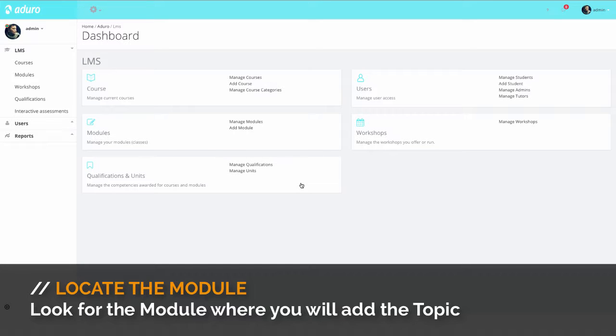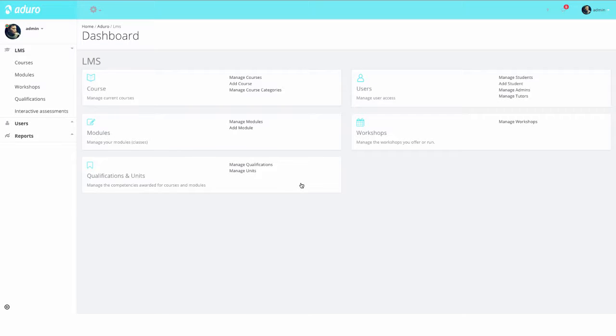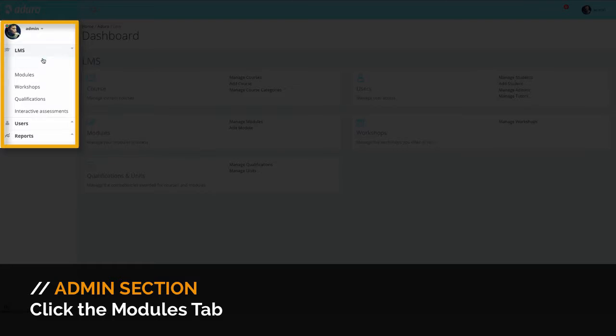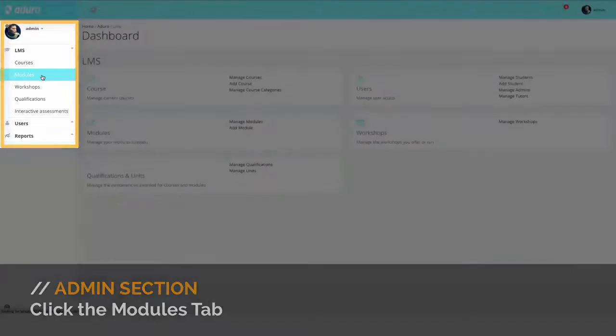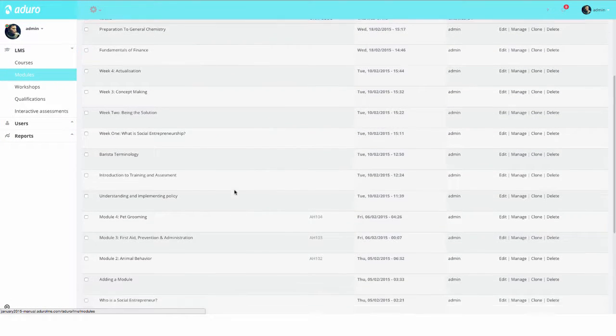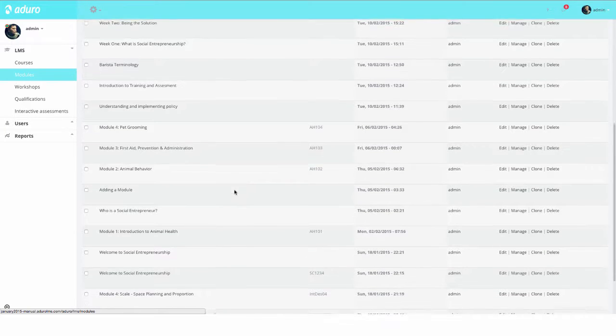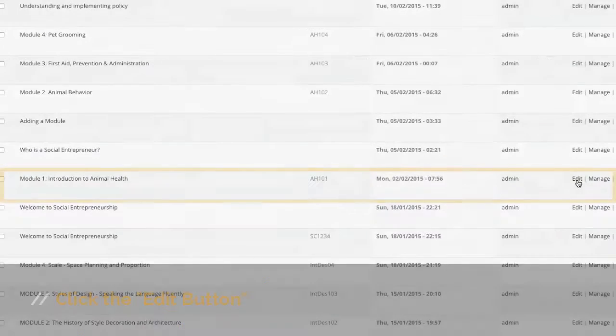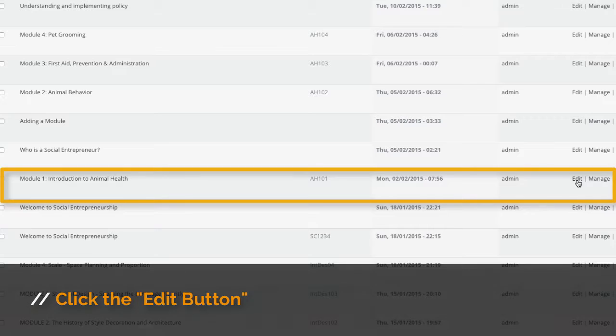Remember, quizzes are attached through the topic section of Eduro, and topics belong to a module. So on the admin section, I will click modules, then I will locate the specific module where my topic is linked. Once I find it, I will click on the edit button on its far right, and then on the